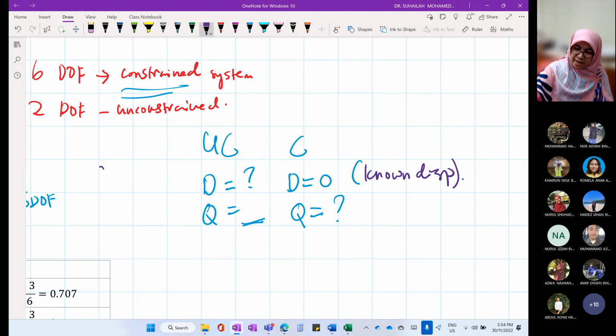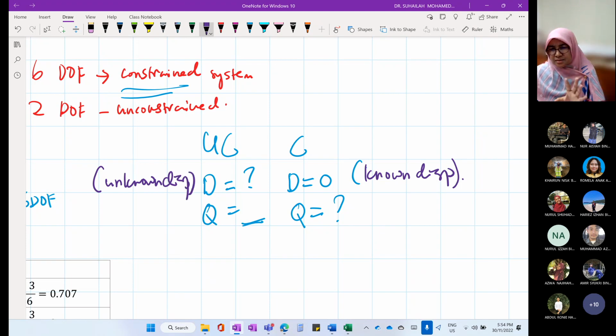Unconstrained is unknown displacement. Yang ni ada things, all these things are important that you should know. Known versus unknown. Known displacement versus unknown displacement. Opposite condition. Unknown reaction